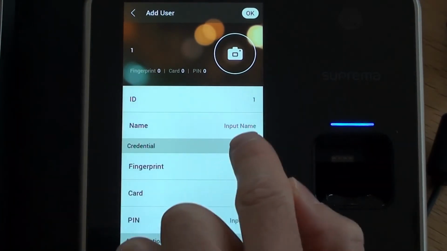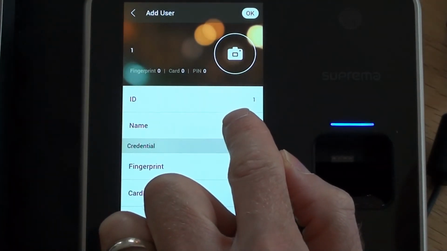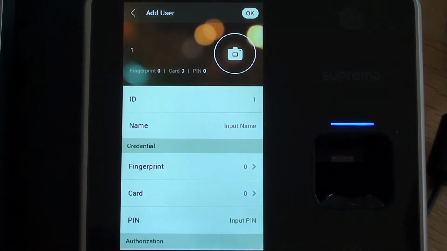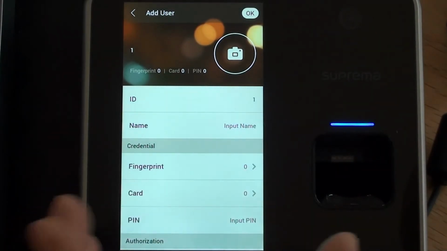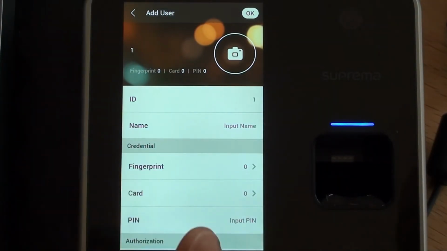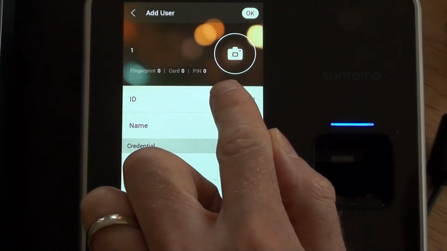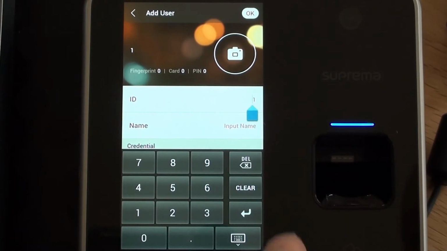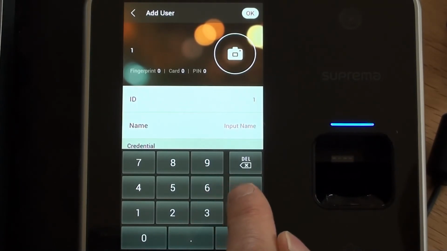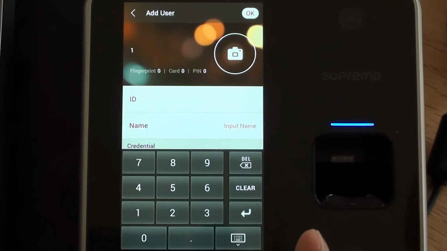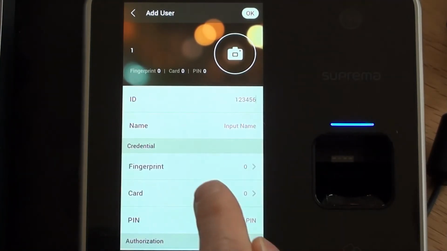And here I've got the option of typing in a name if I wanted to do that. But generally speaking, when you're using the Focus software, you wouldn't need to do that, because the employee's name would come from the software itself once the enrolment had been completed. So what we'll do is make sure that we've got the correct ID number in there. This has to be a unique number and has to match the same PIN number which is entered into Focus. So if I just put in a number of 1, 2, 3, 4, 5, 6,